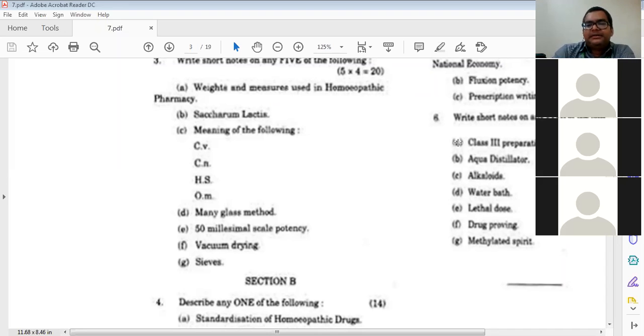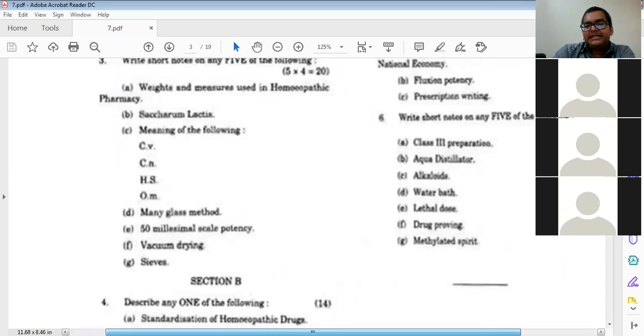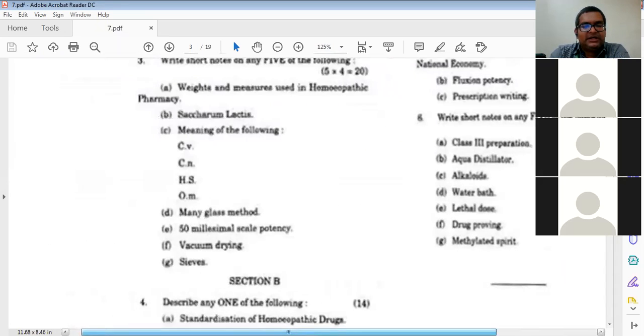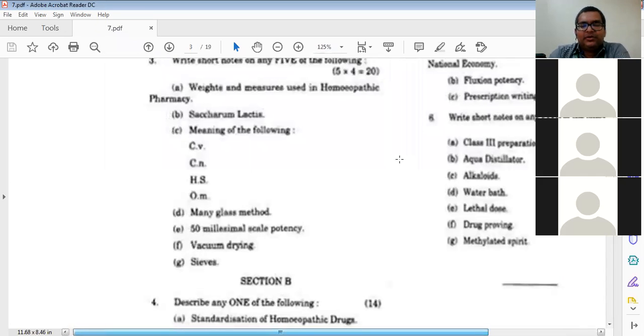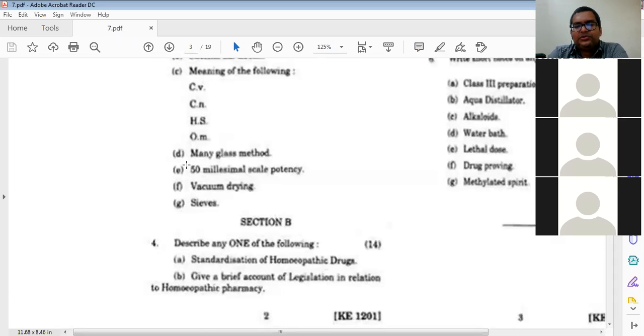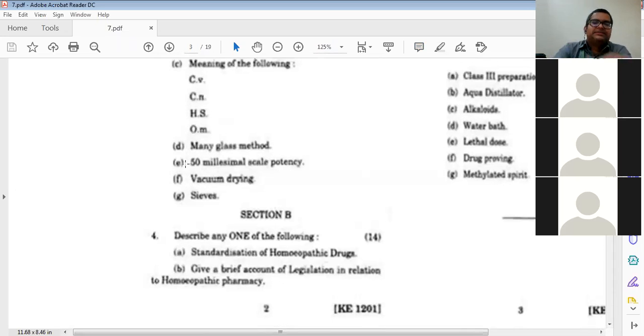This question paper is from South India. Any university can send question paper setting anywhere all over India. Remember, it is not that if you are in Goa or Shillong you will only get a question paper from Guwahati or Kolkata. Anywhere in India a question paper may come. So whatever you feel, go through the book, and we can discuss if you have any doubt.